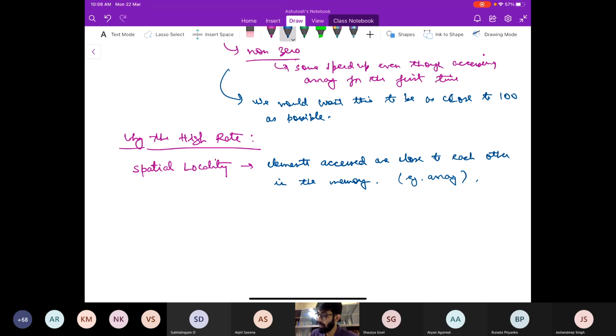Okay. So when this happens, then only the first access to a page is a miss. The remaining will be hits. Okay. So this is something, but